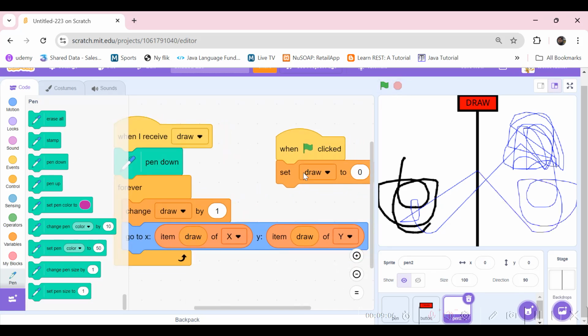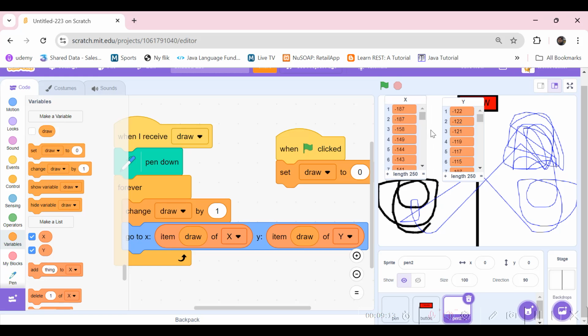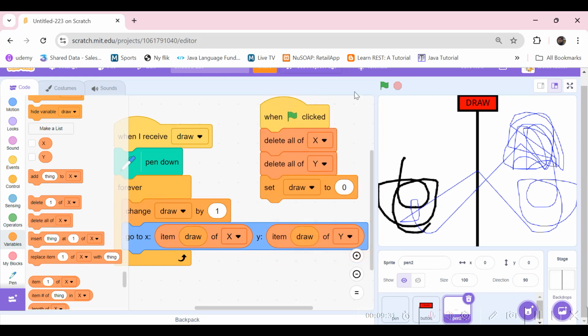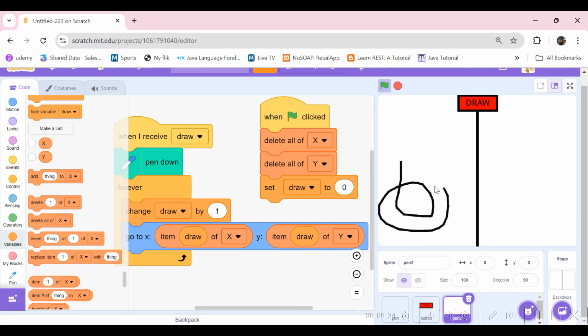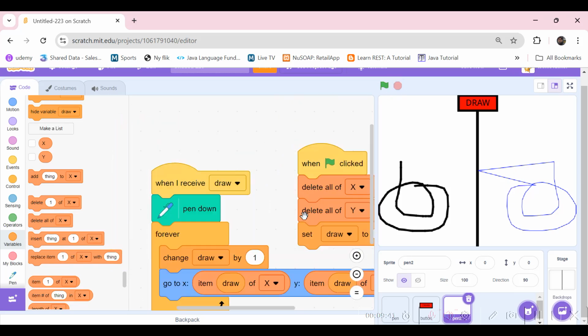Oh wait, I got it. So these two variables were not empty in the beginning. So when we drew the last images, it recorded that. So in the beginning we should delete all of x and y. Okay, so now if I just draw the image, you can see that there are two unwanted lines here. So for that, let's say